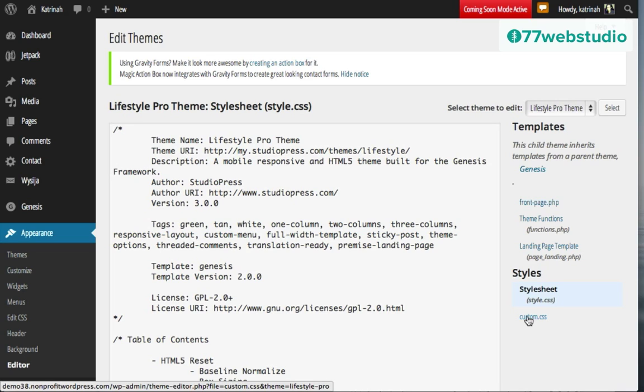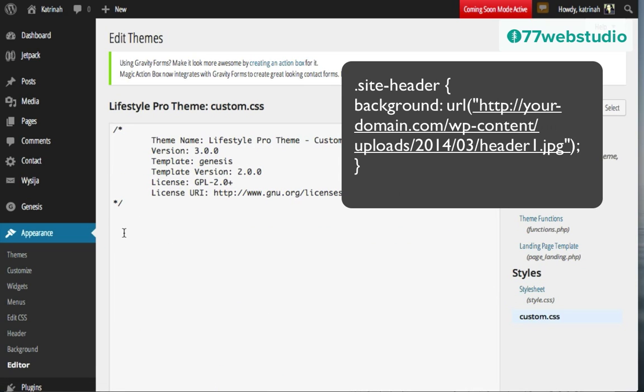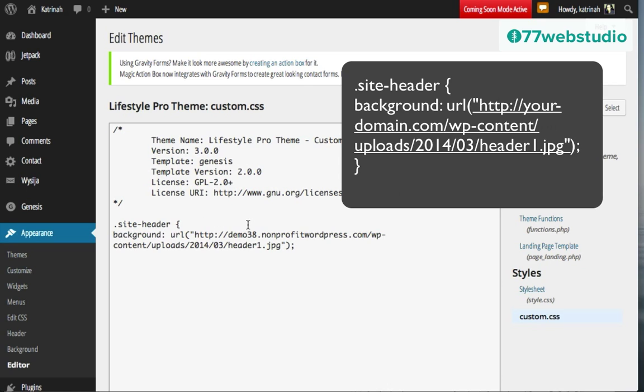So this is a really important thing. I'm going to click on custom.css, and this is where I'm going to add all my custom styles, starting with the image in the banner section right here. Now note that once we add this, it's not totally complete. We have this opening curly bracket right here. We need to close this off with a closing curly bracket.